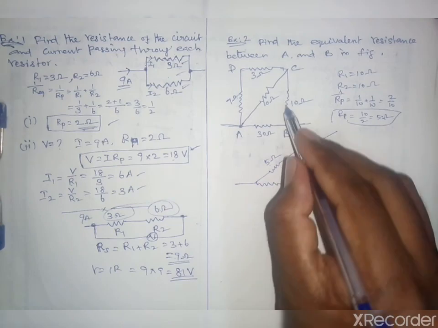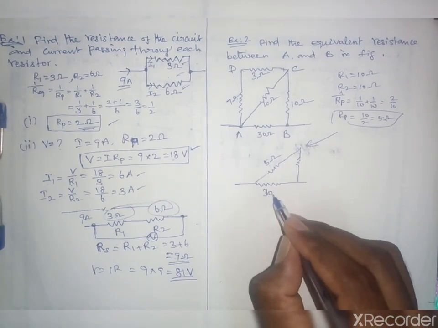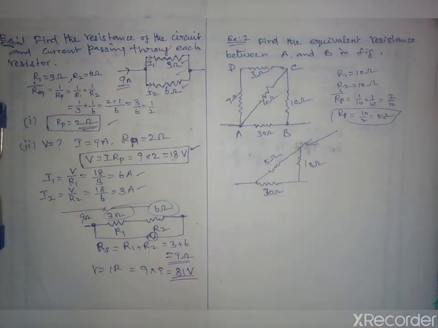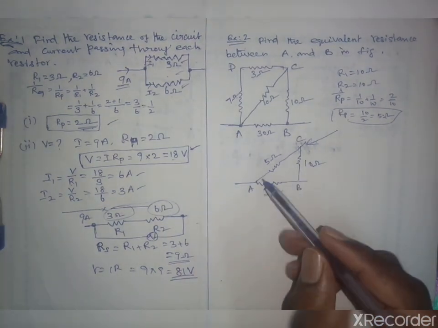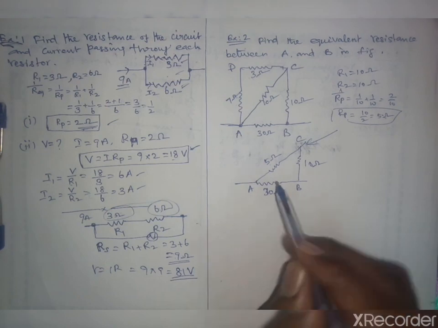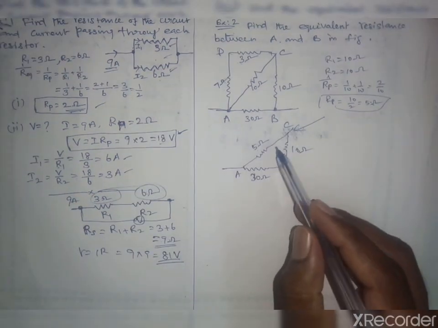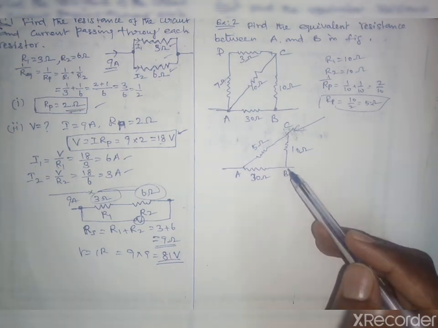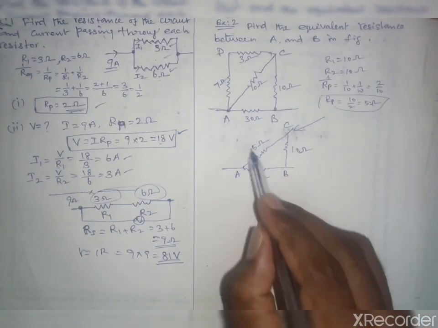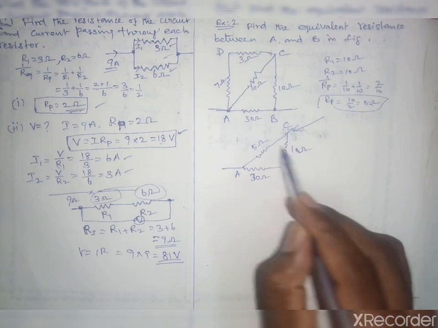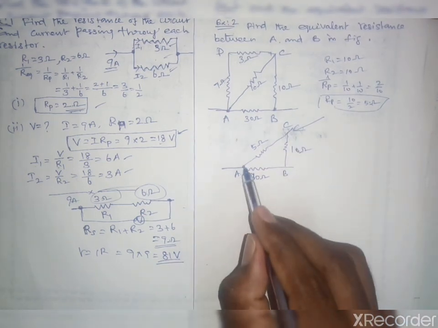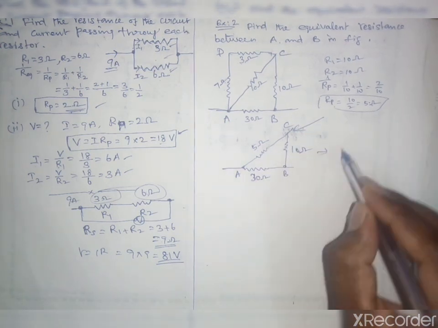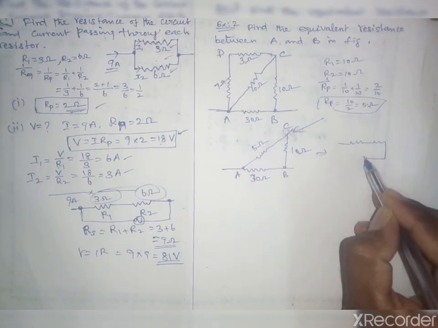So again, remaining are same. So this is 30 ohm and this is 10 ohm. So the circuit will be simplified like this. So now the circuit is reduced to like this. So now this circuit is simplified as this. Okay, and we can easily find now the total equivalent resistance. Here this 5 ohm and this 10 ohm is connected in series. Okay, we are going to find the equivalent between these two. Okay, and this will be simply taken as, so like this.